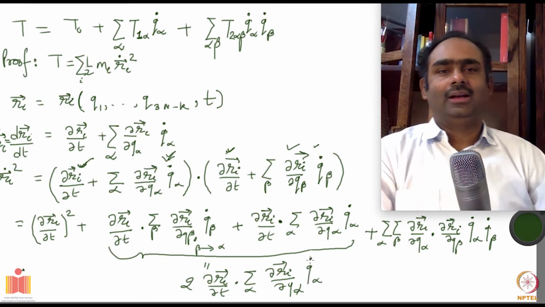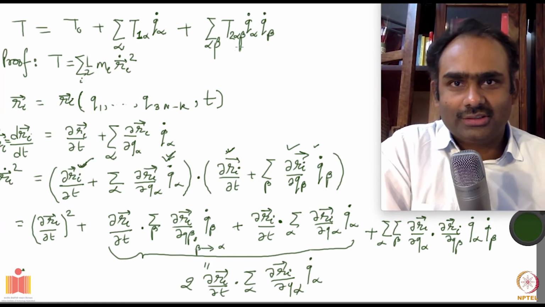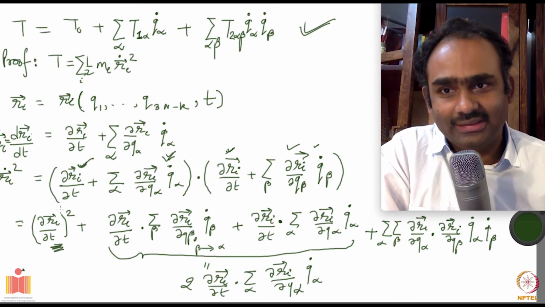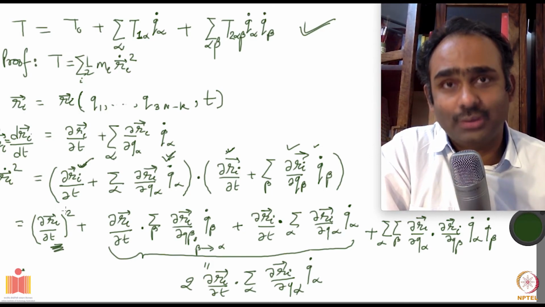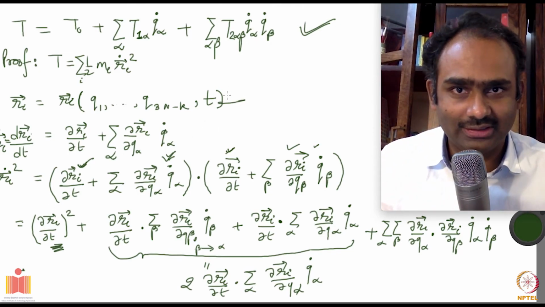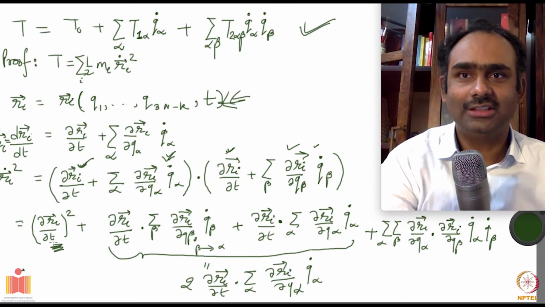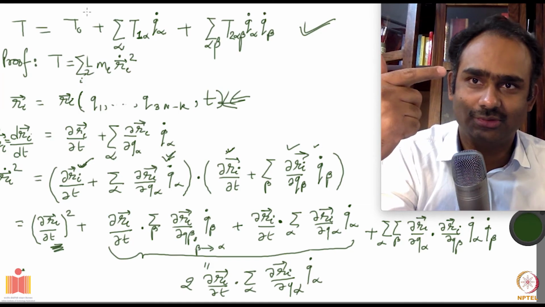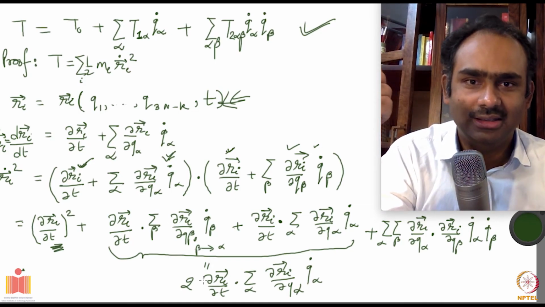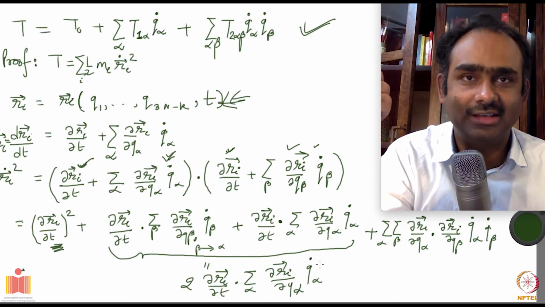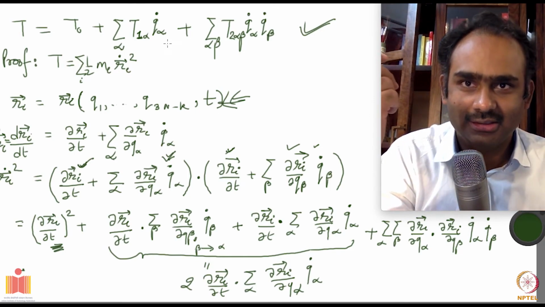Okay, that's good. So this is what I was claiming here. First term, no velocities are involved in here, but this is a function of Q and T. Right now I'm writing R as a function of Q and T, right? So this is a function of Q and T, but there are no velocities involved in here. So that belongs to T naught. Then this piece has only linear dependence on the generalized velocities. So that's what is here.